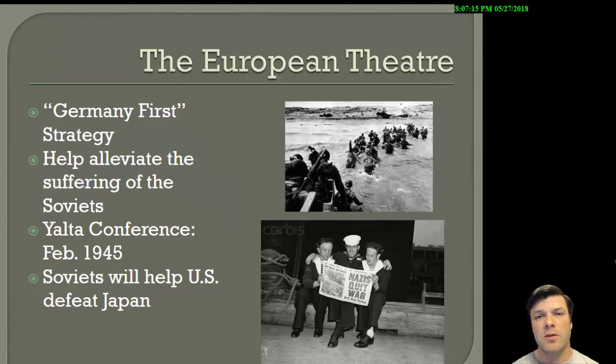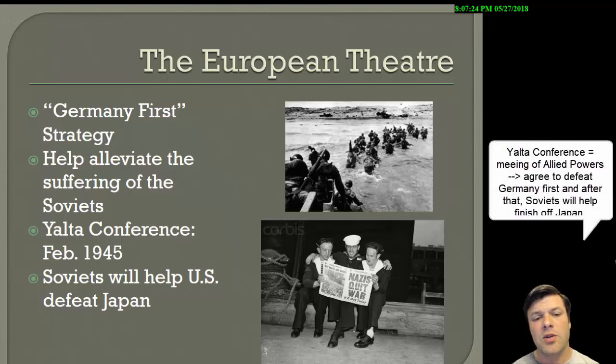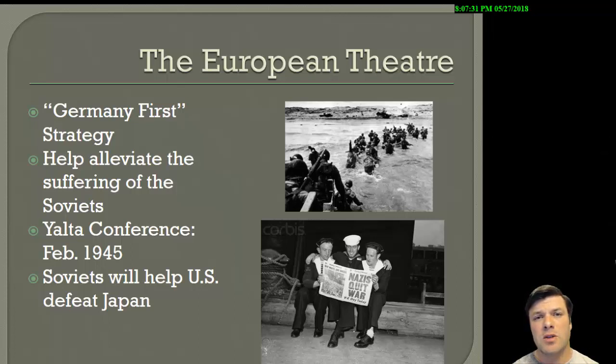As a matter of fact, the Yalta Conference is going to be one of the last meetings of the Big Three. And what gets decided at Yalta in February 1945 is that the Soviet Union would help us with the Japanese after we get the Nazis to surrender. In other words, this Germany first strategy: we are going to defeat the Germans, and then as a return the favor sort of phenomenon, we're going to see the Soviet Union help us gang up and finish off the Japanese.